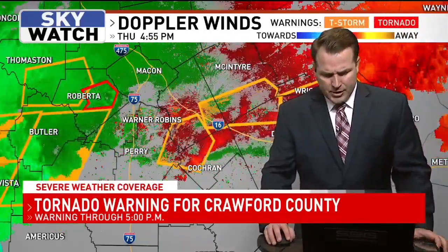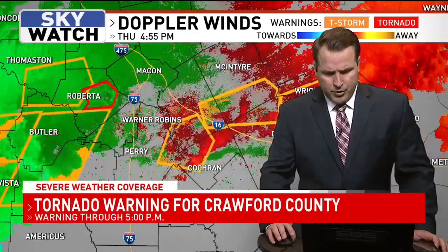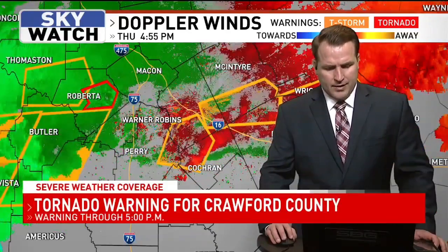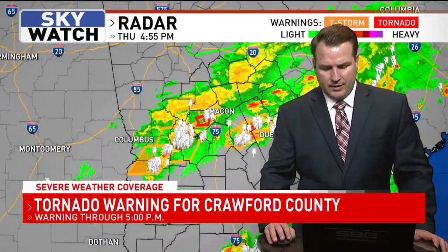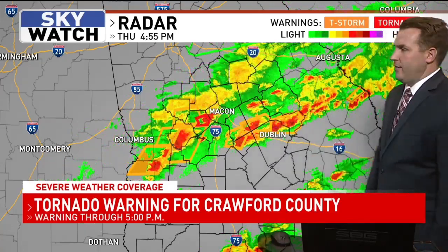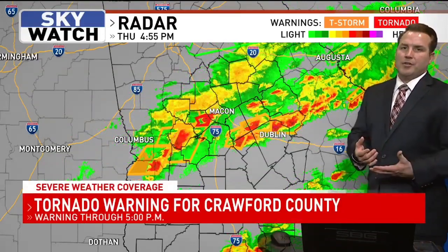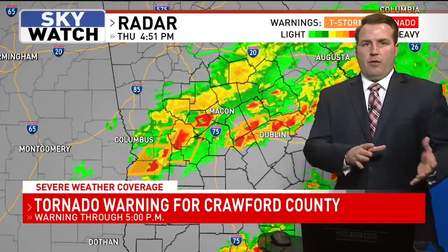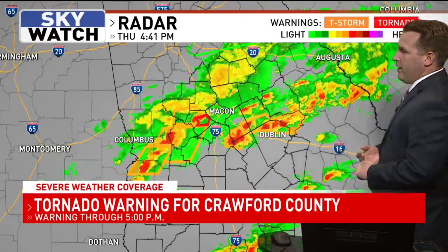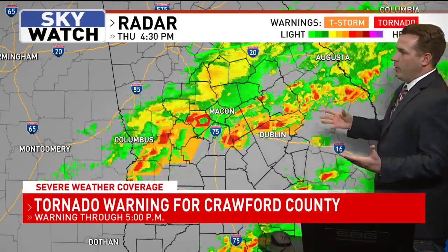So let's go ahead and jump back to radar, and we will show you exactly where these storms are right now. Let's go ahead and take the lightning off, and we'll just kind of clear this up for you. Very similar to the images that I was showing you yesterday, last night, and this morning, with the models, the HRRR, the NAM3K, all of the convective allowing models that we use to depict this, doing a very good job